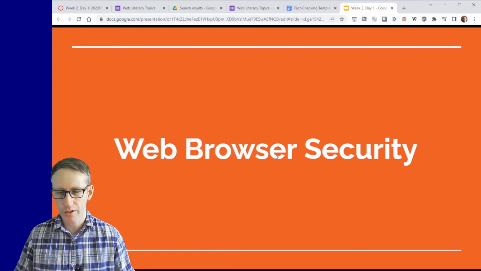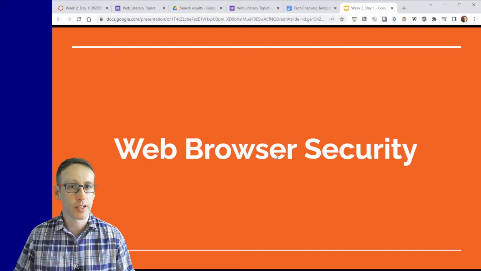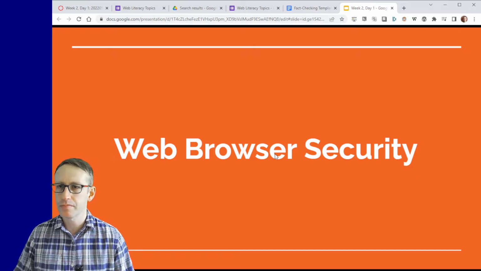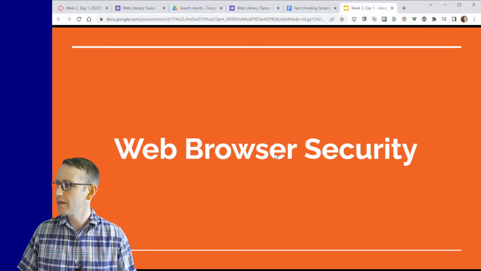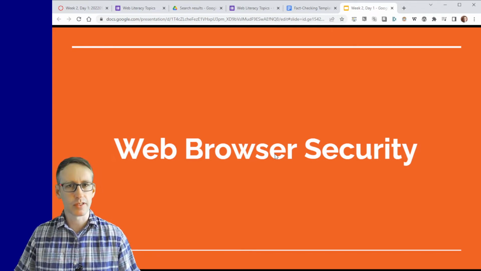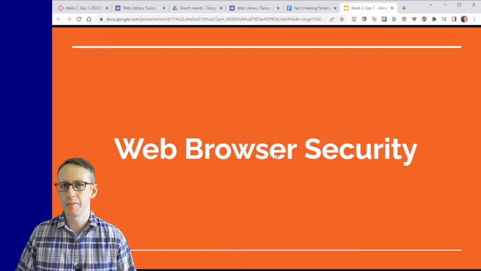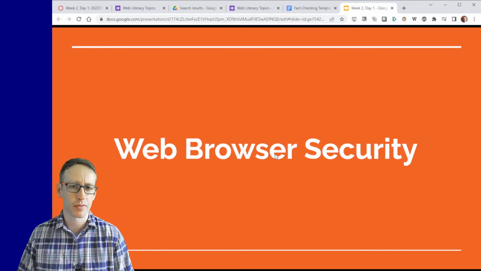On an Apple phone, an iPhone, you're likely going to be using Safari. For an Android phone, you have more options, or more default options, I guess, but probably Chrome is going to be the default browser on your phone. And these are tools. A web browser is a piece of software that accesses the web. If you remember from when I talked about URLs, the HTTP protocol is the first part of a URL.